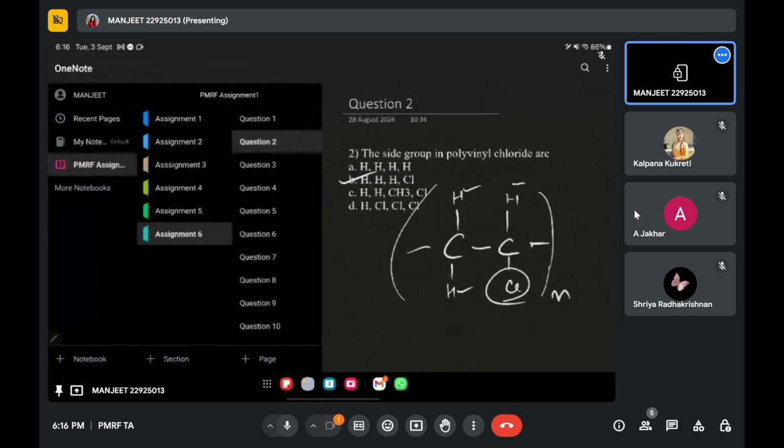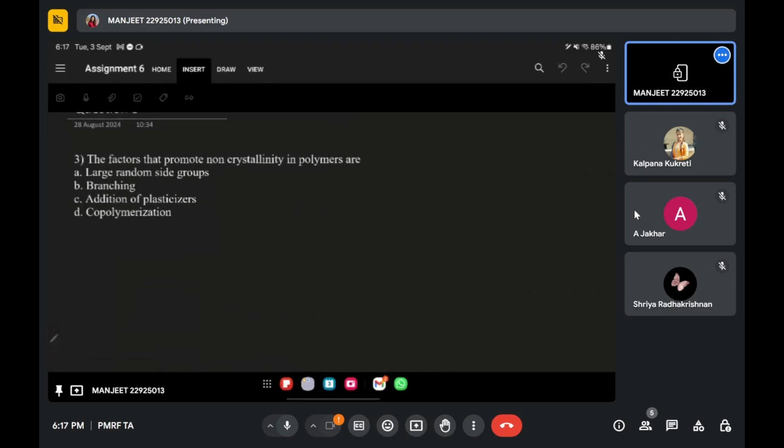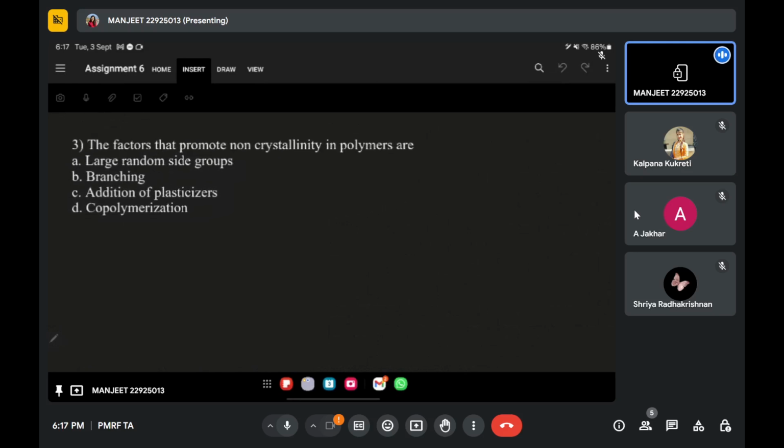Okay, let's move to the next question, question number 3. In question number 3, it is asked: the factors that promote non-crystallinity in the polymer. So what are the factors that are promoting the non-crystallinity in the polymer? Because polymers are non-crystalline in nature, but what are the factors responsible for this? So non-crystallinity